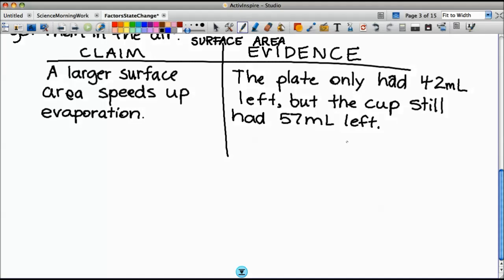Yes, we need to start out by saying that. Because evaporation happens at the surface, a large surface area lets more water molecules get in the air quicker. You've got more molecules at the surface now. But if you put them in something tall and skinny, not many water molecules are on that top layer. But if you pour the same amount and spread it out like on a cookie sheet, now you've got a bunch of water molecules at that top level. So let's start out by what JD said. Because evaporation happens at the surface,